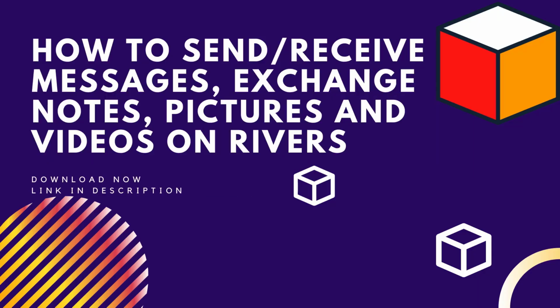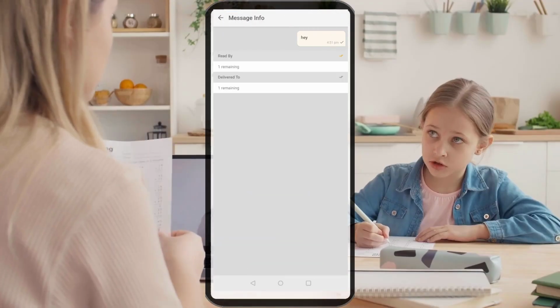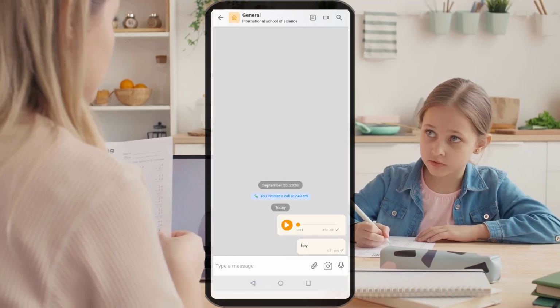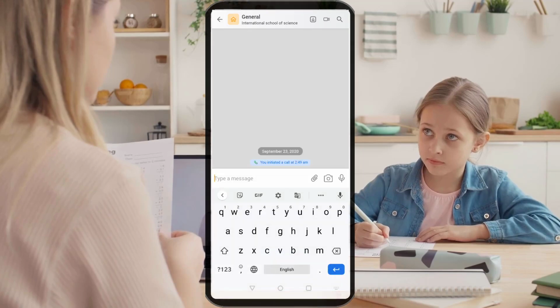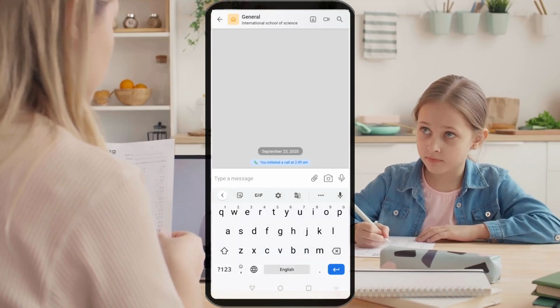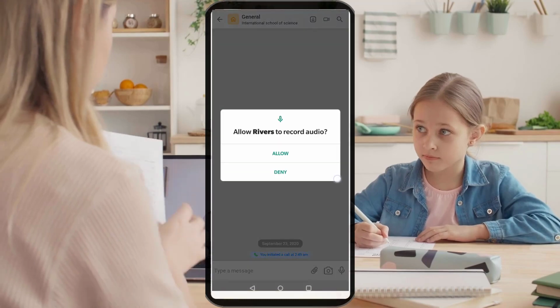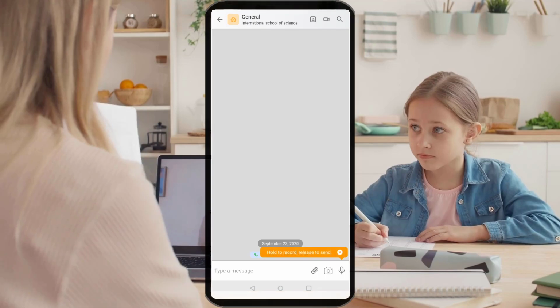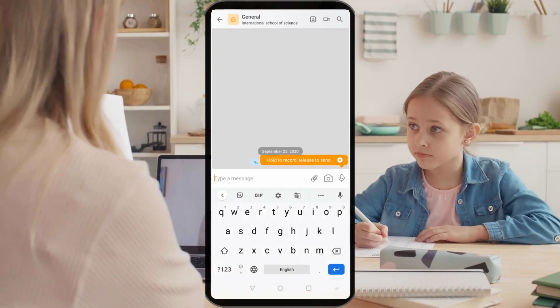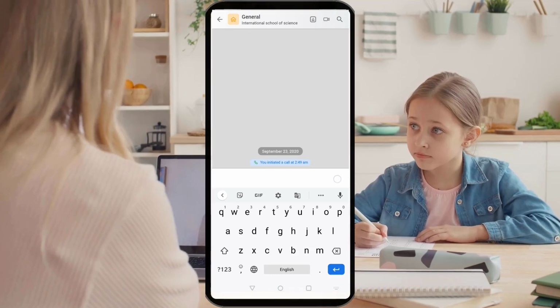From the message box at the bottom of the screen, you can type a message and send it to someone. You will be able to see the status of the message, whether someone has read your message or not, from here for easy tracking. You can send a pic from your camera or enclose a document or send a pic or video from the gallery or create a new task from the message window itself.